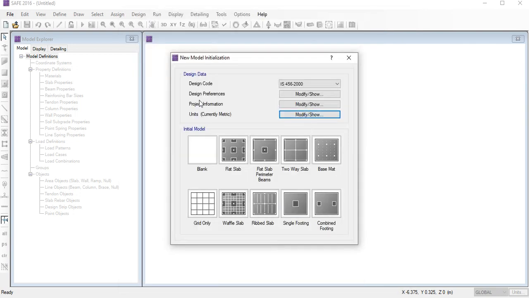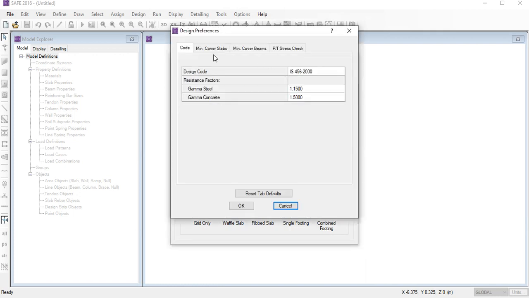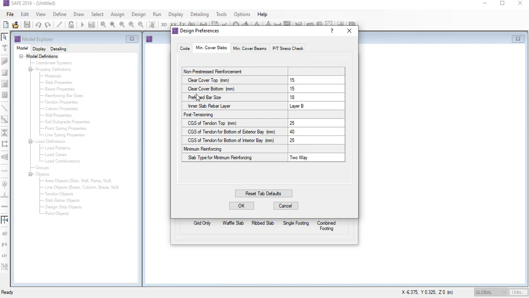And here is Design Preferences, so you need to click here also. Why are we clicking this? Because here is an option showing minimum cover for slab. We know, everyone knows, that for footing we give a clear cover of 50 mm, and here we also give 50 mm.